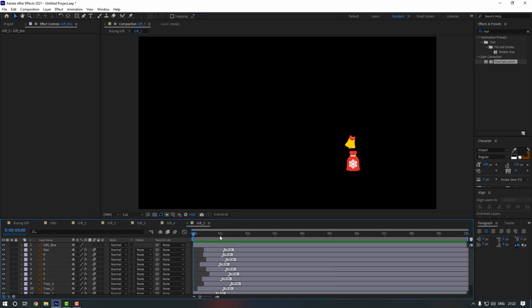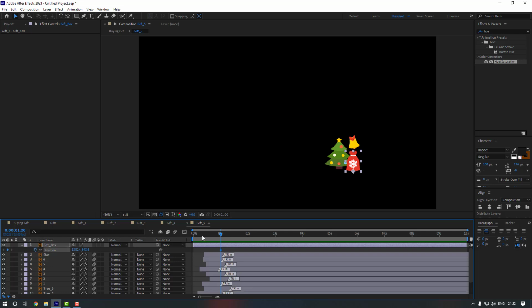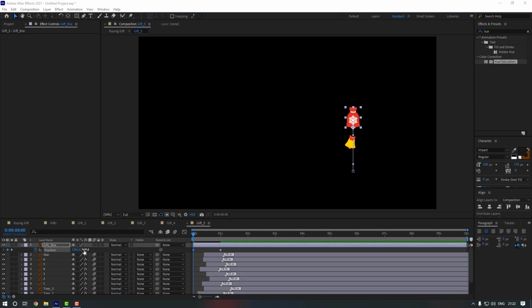Nice. And select this GIF box. Let's go to here and press P, make position keyframe, and go to first second. Let's move it to the up, like this. Select keyframes, make them easy. Go to graph editor